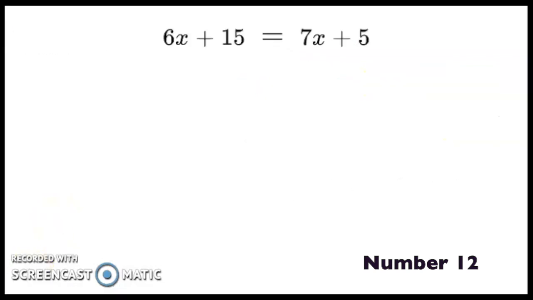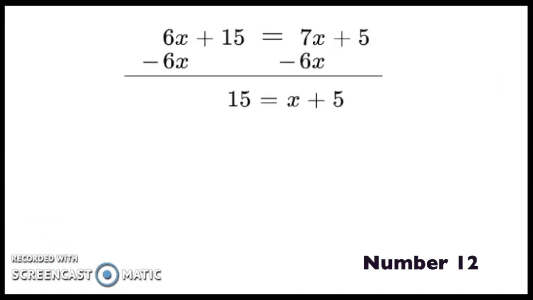So let's do that. Start by moving the smallest variable, which is 6x, so subtract 6x from both sides. We have 15 equals x plus 5. Subtract 5 on both sides, you'll get 10 equals x. Now we know what x is. What we need to do to find each side length is substitute in 10 for x for each and every